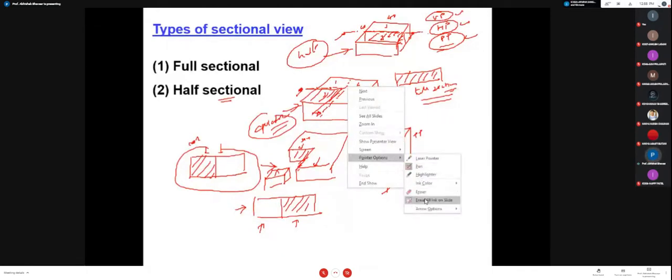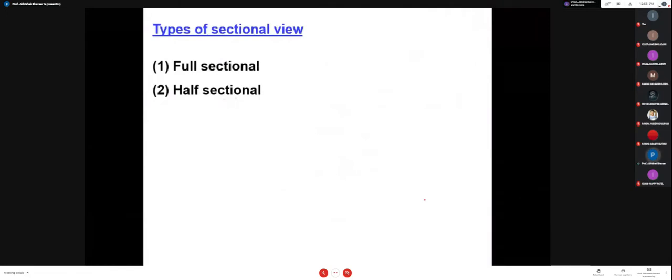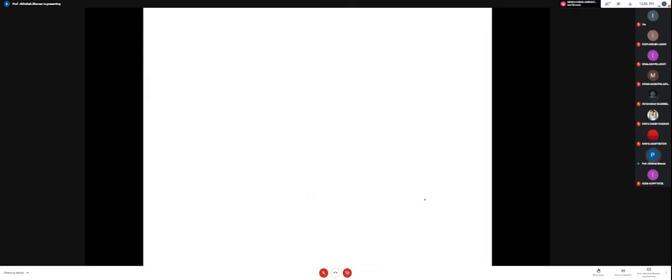So if you want to understand simply, assume you are having a cake, you are directly cutting it from the middle. Okay, so it is giving you a view that will be the full section view. And if you are going to cut it parallel to two planes and you are going to remove the 1/4 portion, and after that how the look will be, it will be known as the half section view. Okay, we are not going to see this theoretical portion, you can read it yourself.